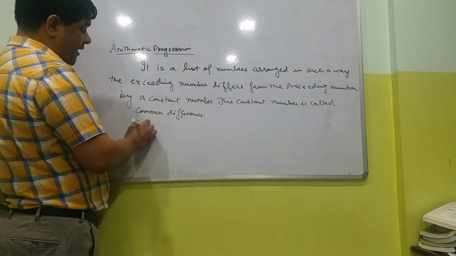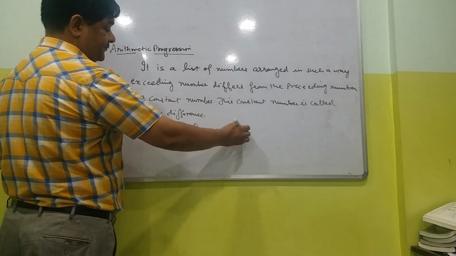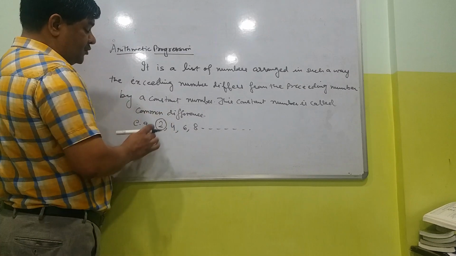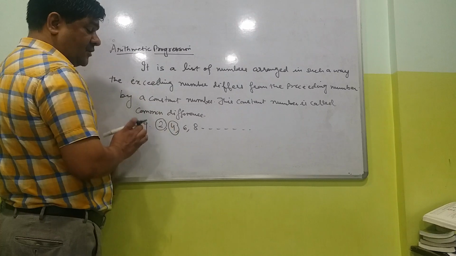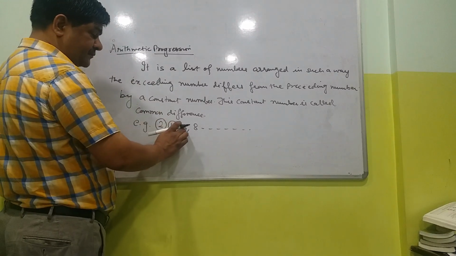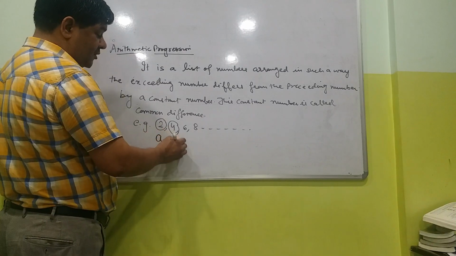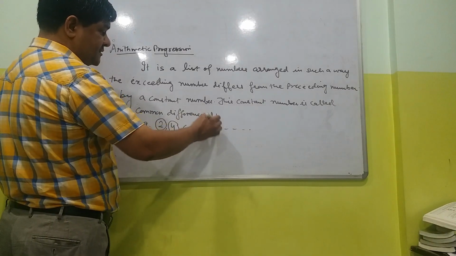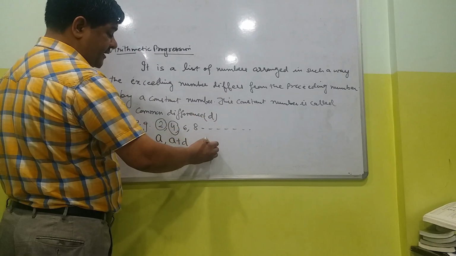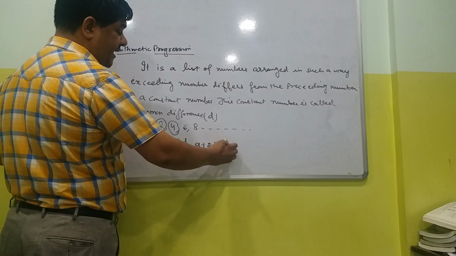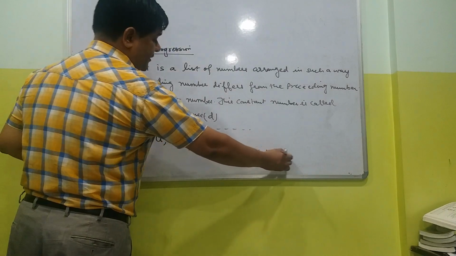For example, if you are having a series like this, just study 2, 4, 6, 8. So here 2 is the first term, 4 you add 2 to it, that is the common difference. Then you add 2 to it, then you add 2 to it. So in such a sequence, A, you add a fixed number to it, common difference D. So you add D to it, then you again add D to it, A plus 2D. Then you again add D to it, A plus 3D. Then you again add D to it, that is A plus 4D.